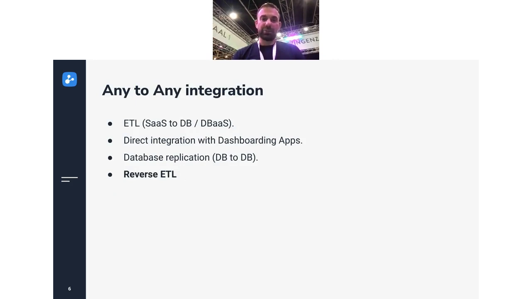The thing that I would like to touch on right now is the fact that, as you have probably heard, we have recently launched our own reverse ETL capability. This gives us the opportunity to call Dataddo an any-to-any integration platform. This has always been our vision, our dream,